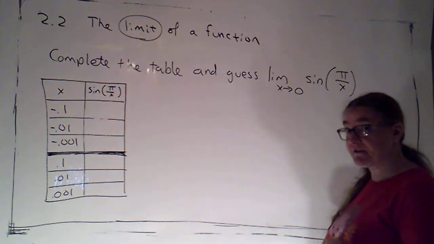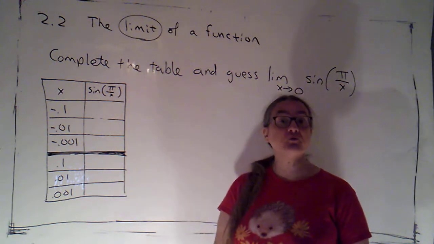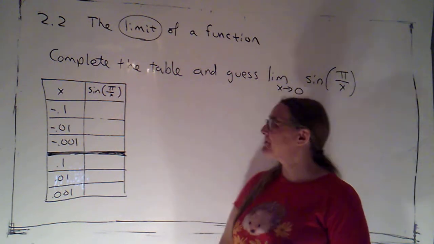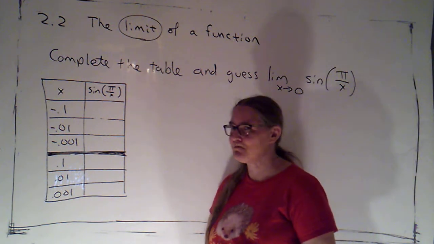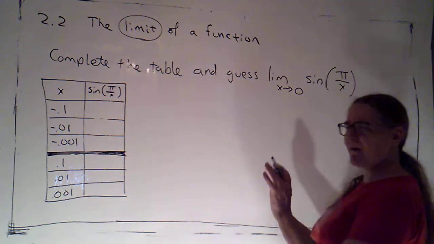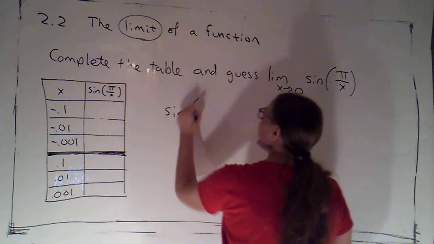All right, now it turns out with this function, we're actually going to be able to complete this table of values without a calculator. We'll have to review a little bit of trig as we do that, but this is trig that you should know. All right, now it's not obvious that we can do this, but let's take a look. If I try to plug in negative 0.1,